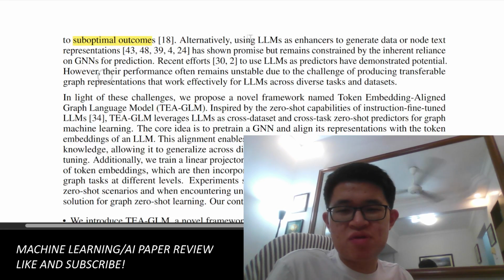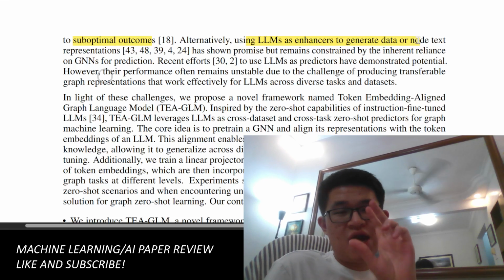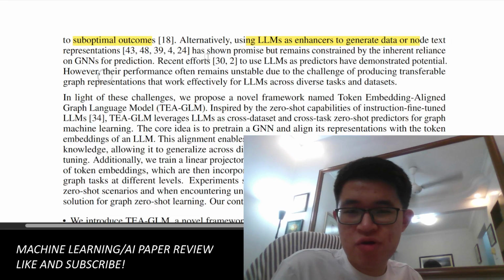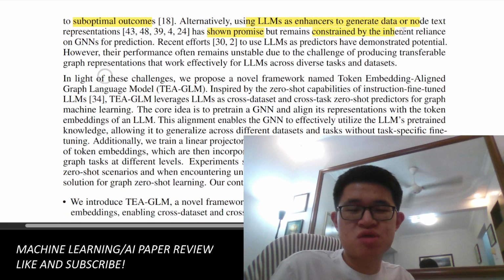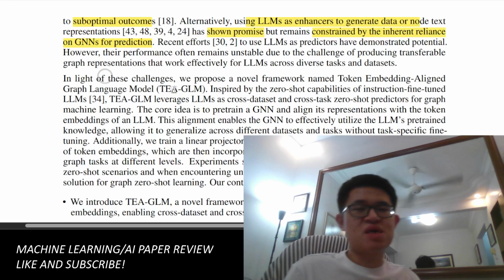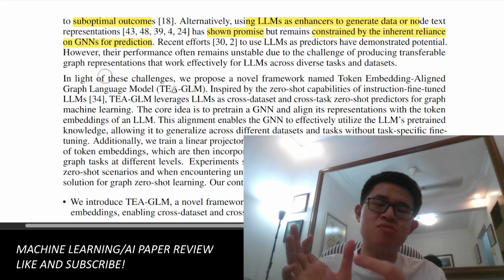Alternatively, some people try to use the LLMs to generate the text attributes for each of the nodes in a given graph, and it works. But they say that it is constrained by the inherent reliance on GNNs for prediction. Exactly. So in this case, right here, you have the LLM generating the text labels,